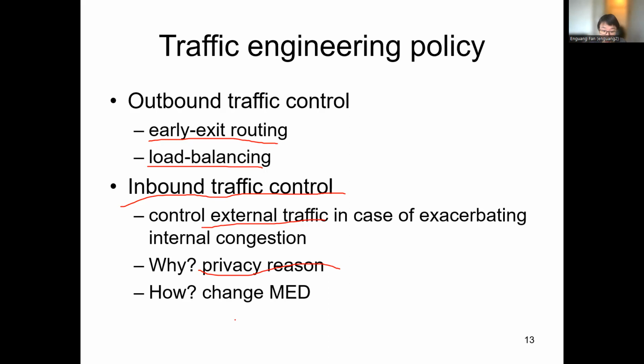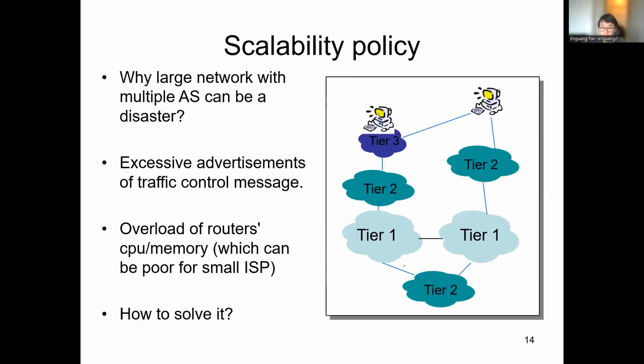So in that case, I have to change the MED to tell the autonomous system, okay, you need to change to a new route. This route is very heavily trafficked. So you had better send it to other routes to alleviate the traffic congestion, right? So let's move on. The scalability policy,